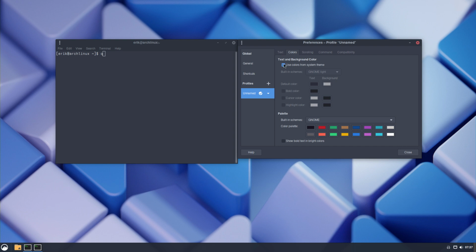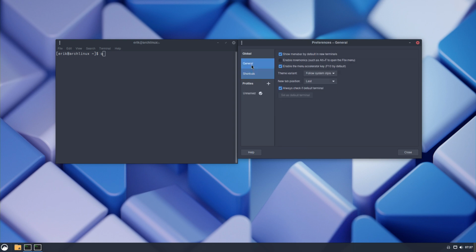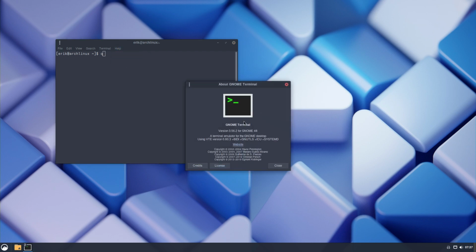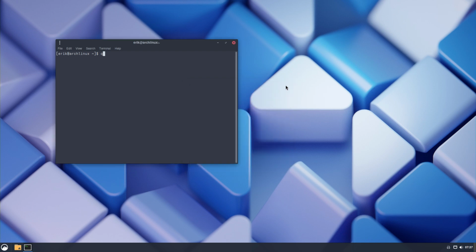Transparency, use colors, lights. Palette GNOME. Don't see it immediately. I think it's available. This is help about. Oh yeah, it's this GNOME terminal. There is a transparent GNOME terminal. I don't know why they removed it. Bad idea. GNOME terminal and then